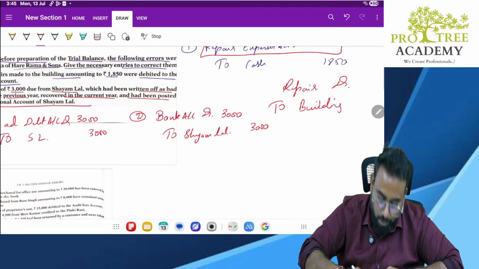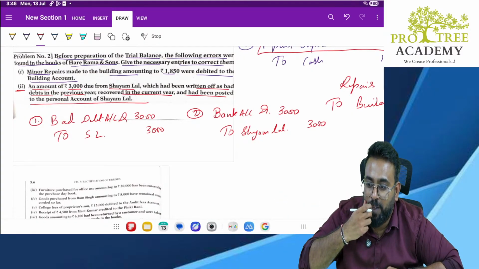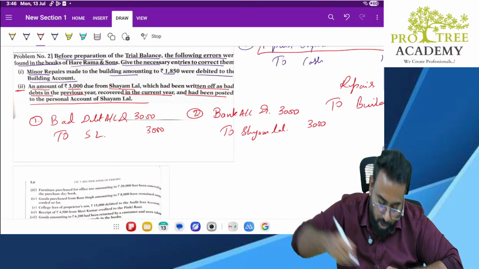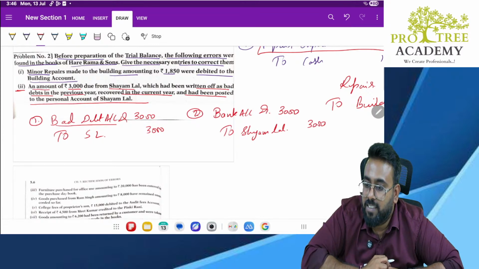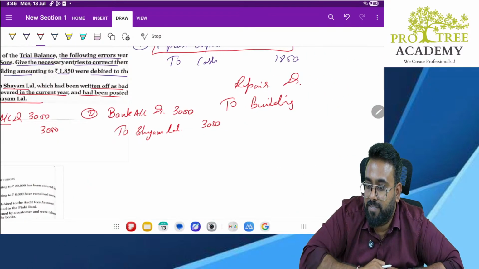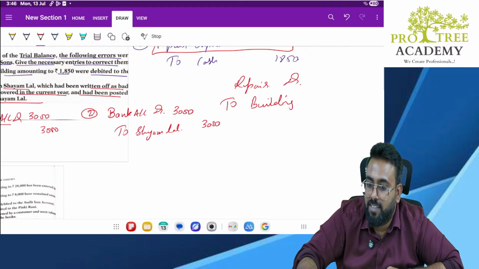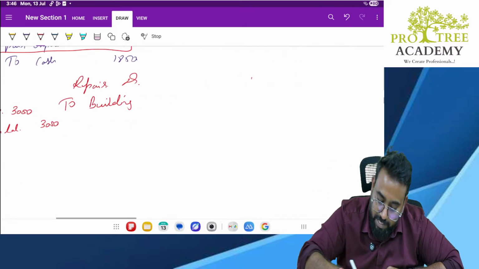But my question to you, Shamlal account already you closed, no, there is no balance. Whatever balance was there, you transferred it to bad debts. Again, if you open Shamlal, it is good for nothing. Correct or no? If you open Shamlal ledger,